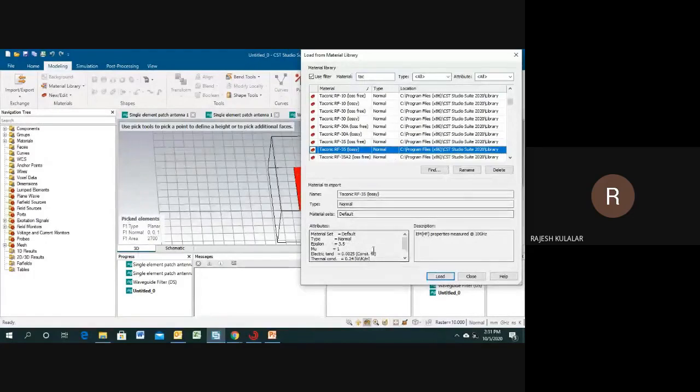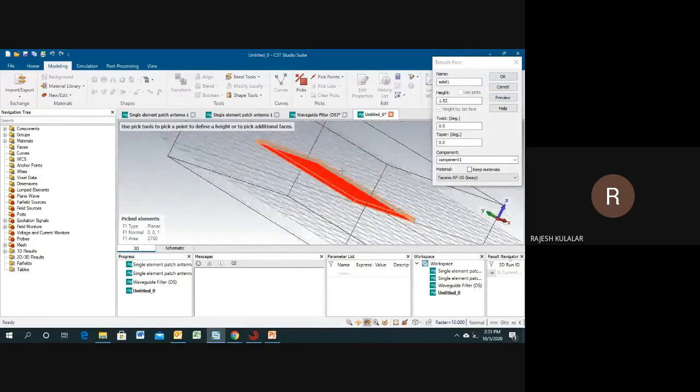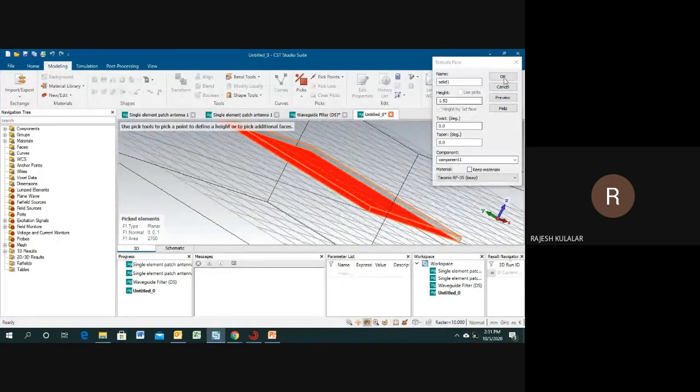From here you can see the material properties given in these attributes. The type of material is normal, not lossy. The epsilon, the dielectric permittivity constant, is 3.5, permeability is given as 1, and the tangential loss is 0.0025, and thermal conductivity is given also. The frequency at which the performance is given is 10 gigahertz. So all parameters are given here, and now you just click on load, and after that click on preview. What is the preview? You can see here how this one is defined. So just click on OK.